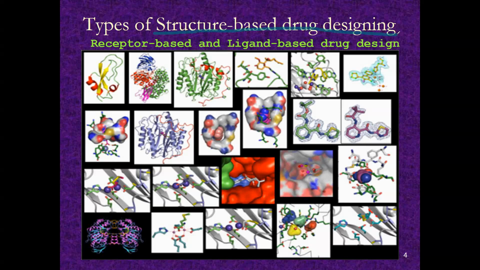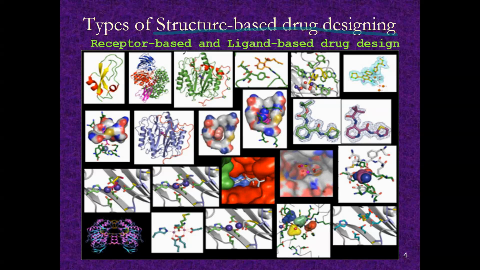One of the modern methods for drug designing is called structure-based drug design, and before it was also called computer-aided drug design, because the computer is used in this type of drug research. But nowadays it is called structure-based drug design because protein structure and molecular structures are used to design the drug.